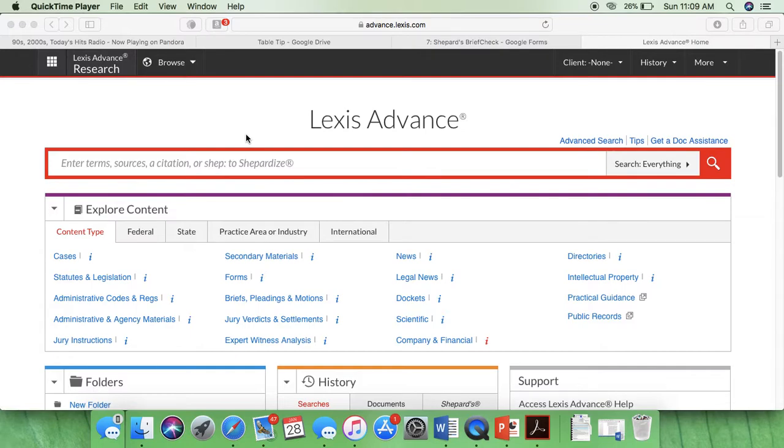Shepherd's Brief Check does exactly what the name implies. It cite checks your brief or other writing assignments. Shepherd's Brief Check extracts the citations and quotations from your document and creates a report that contains not only Shepherd's reports for each citation, but also quotation validation reports. The Brief Check service allows you to check multiple citations and quotations at once, saving you valuable time in validating